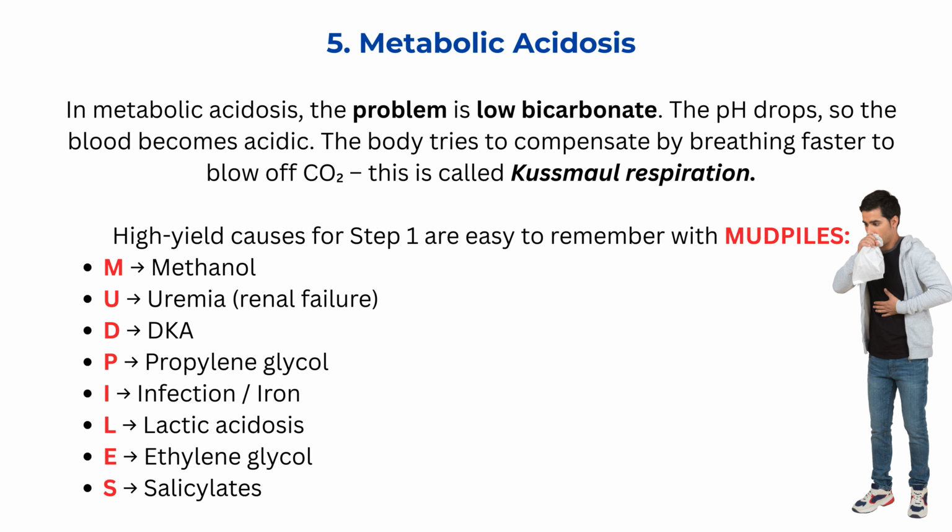5. Metabolic acidosis. In metabolic acidosis, the problem is low bicarbonate. The pH drops, so the blood becomes acidic. The body tries to compensate by breathing faster to blow off CO2. This is called Kussmaul respiration. High-yield causes for step 1 are easy to remember with